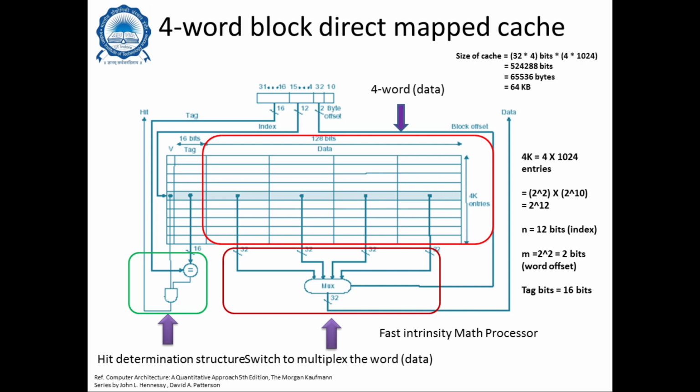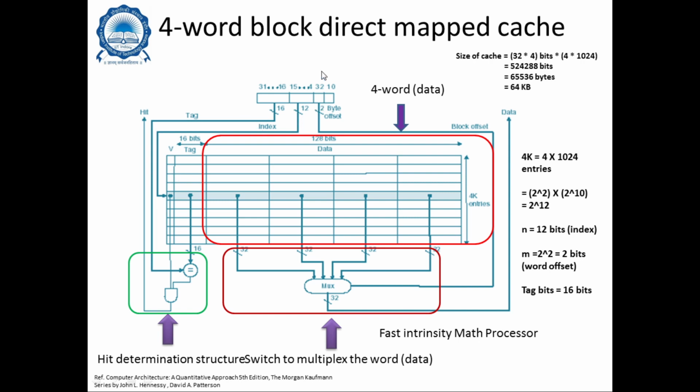But before I do that example, let me also talk a little bit about the multi-word block direct map cache architecture. Multi-word means inside a block there will be more than one word. Let's say it's a 4-word block direct map cache architecture. You see that now the cache structure has multiple words: 1, 2, 3, 4. So there are 4 different words of information that can be stored inside the data portion of the cache architecture. The tag field remains as it is and the valid field remains as it is.